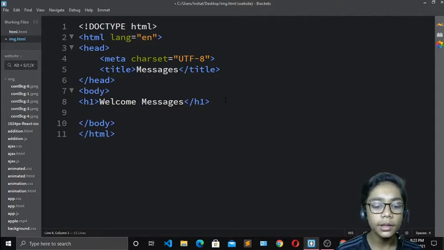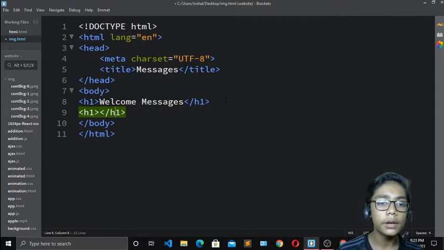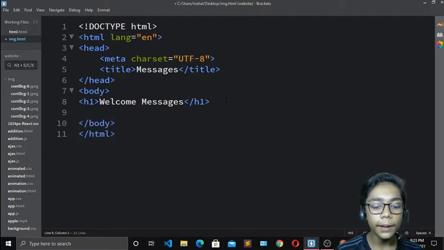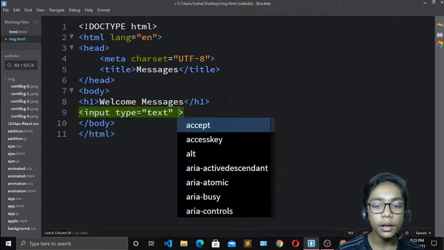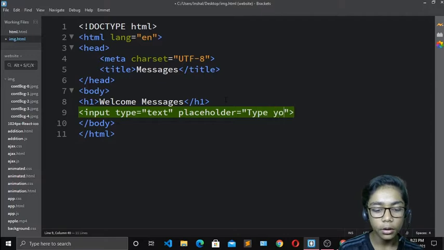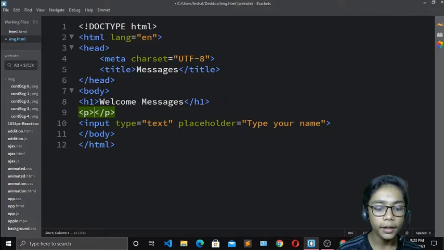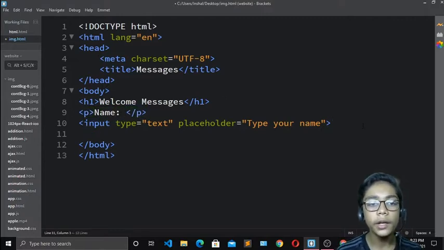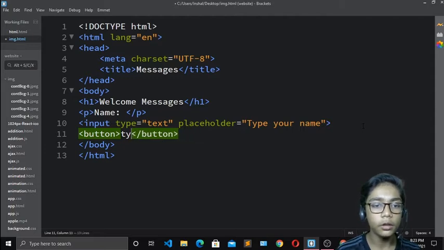When you've done that, come over here, and I will first write the h1 tag again. Okay, I will erase that now, and I will write input. In this input I will write placeholder, and in this placeholder I will define 'type your name'. Then come above and write a p tag and write name like that. Write a space, and then write button, and in that button I will define the type. Just write message here. So I will write message like that.